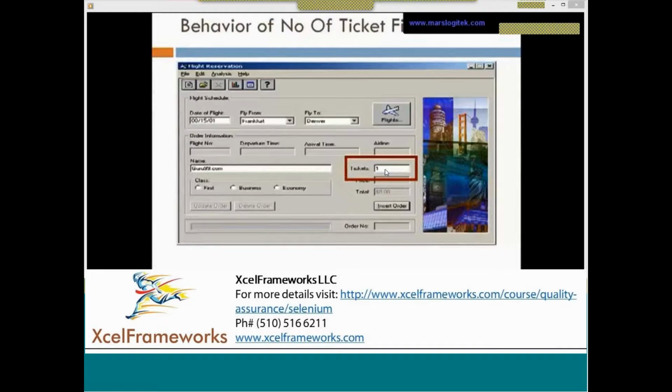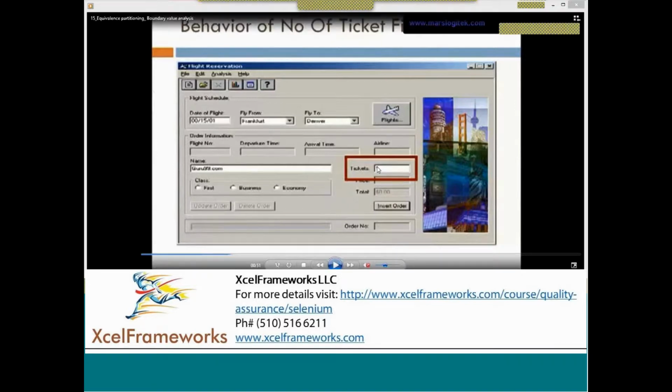If I ask you to write test cases for this, in general, what test cases can you write? Only for the number of tickets.